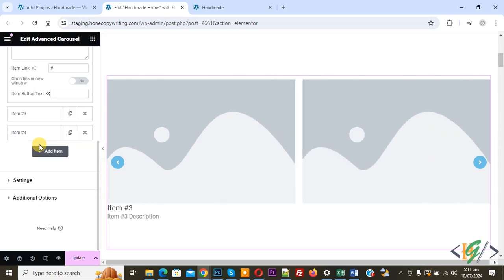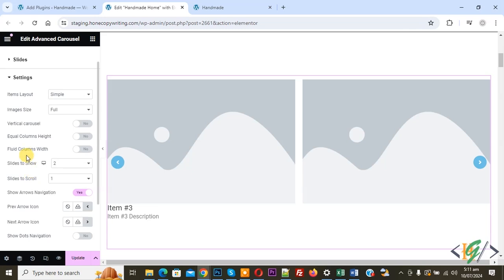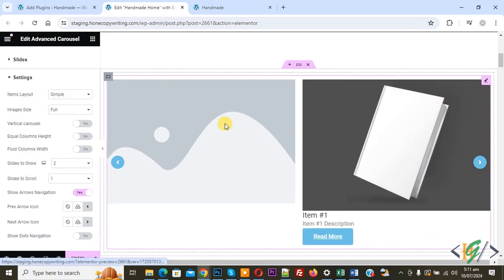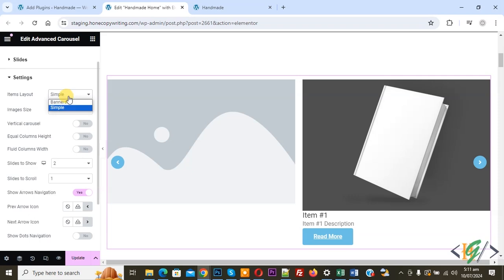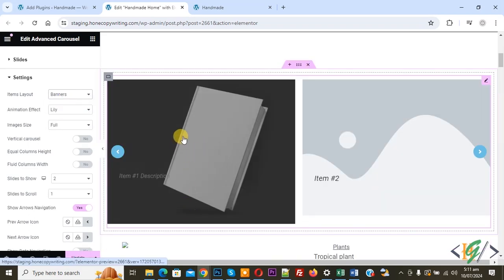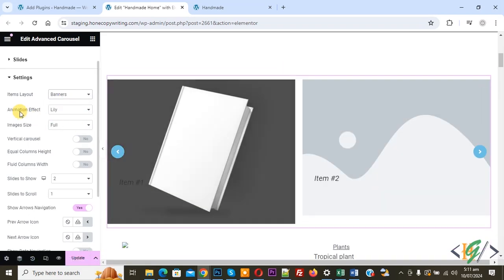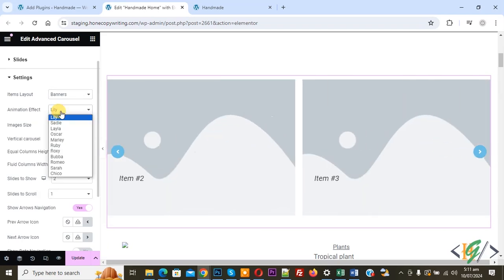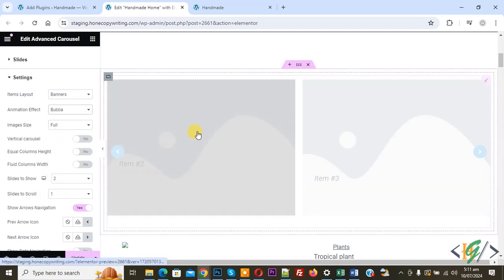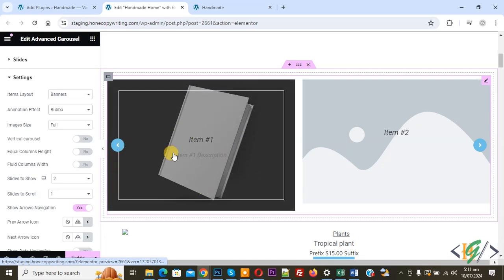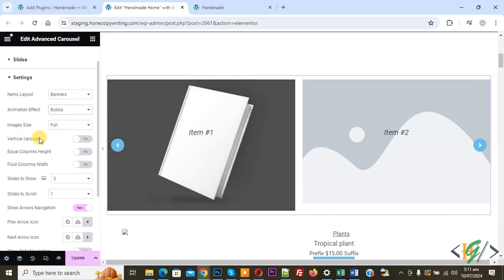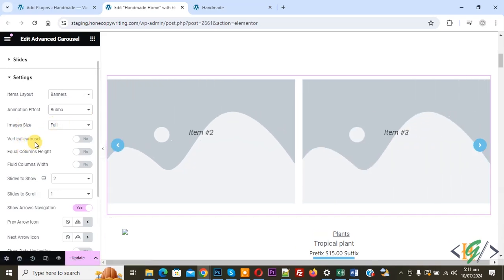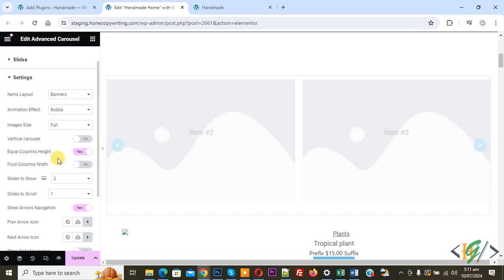And then scroll down, you see Settings, so click on it, and then you see item layout Simple. So this is a simple layout. Now in the drop down select Banner, so this is our banner layout. Then you see animation effect, so you see multiple effects. Now select, so you can select according to your requirement. Now you see image size Full, and then you see vertical carousel, equal column height enable,